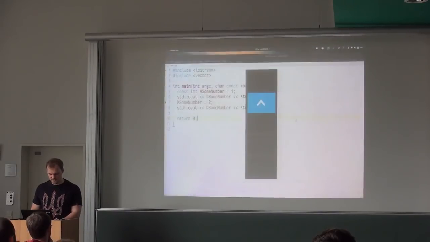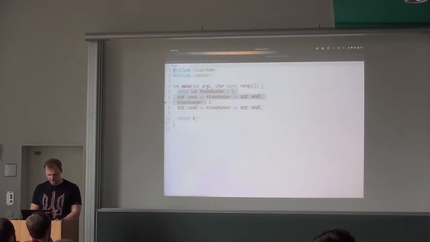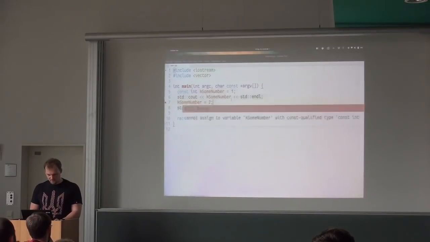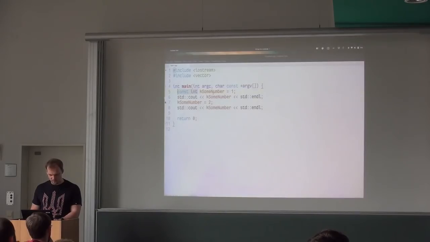Yes, so let's do examples, I guess. Okay, I will not remove cout because they're annoying to type. So let's have some integers, integer num, and let's have a reference, num ref.